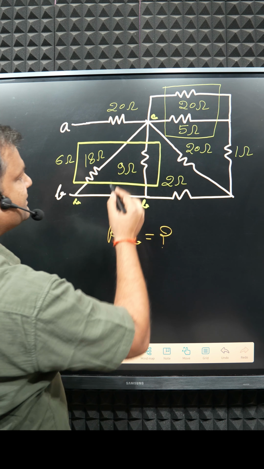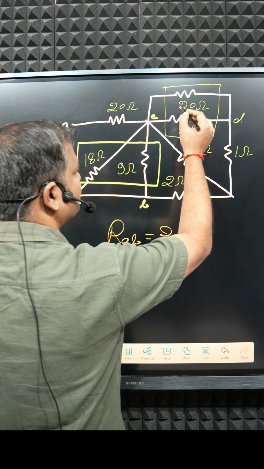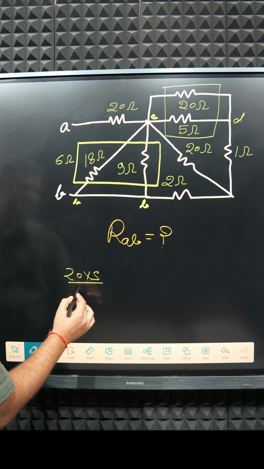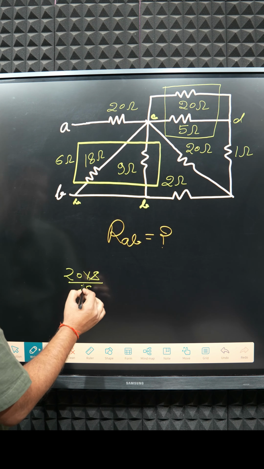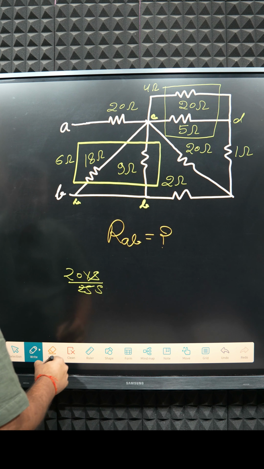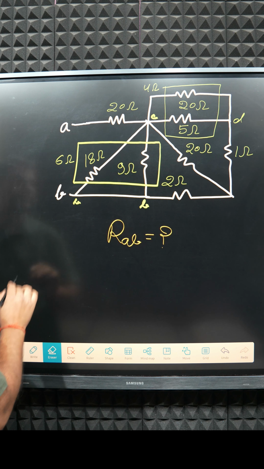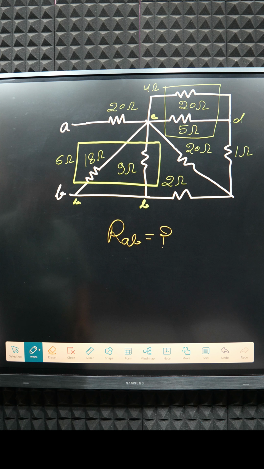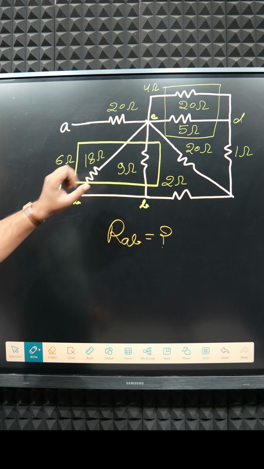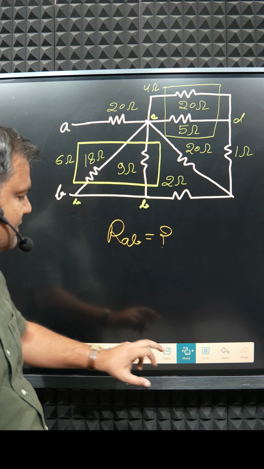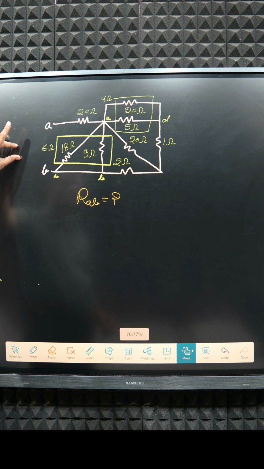Okay, if this one is C and this one is D, so it is very simple. The combination of these two is 20 into 5 divided by 25, which is 4 ohm. Clear? Now next target. After that, if you see very carefully, finally you can remove this one. So basically you can say that